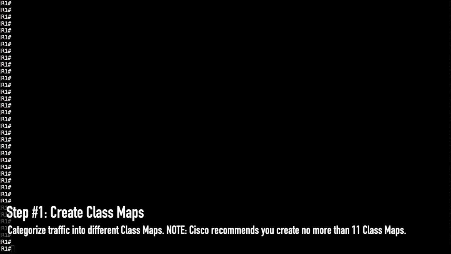You might remember from a prior video, we discussed how Cisco recommended that we create no more than 11 different categories of traffic in which to place our traffic. Well, those categories are created with class maps. And let's create a few of them here. Let's go into global configuration mode with the configure terminal, and let's create a class map that's going to match